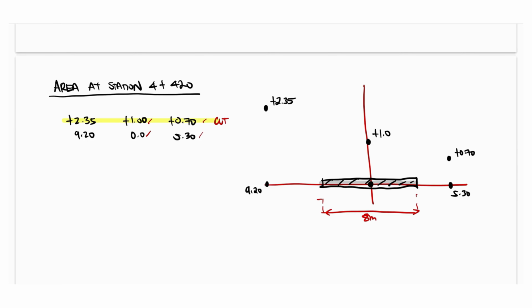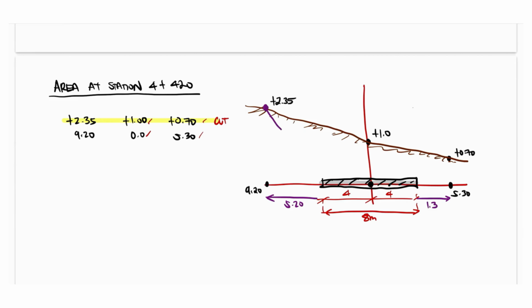After plotting these points, we illustrate the road base to visualize its width on the grid. Then, we draw the terrain by connecting the top points of the section from left to right. Next, we draw the trench lines, from the left top point down to the left tip of the road base, and similarly from the right top point to the right tip of the road base. Finally, from the highlighted area, we divide and label the segments of the cross-sectional area as A1, A2, A3, and